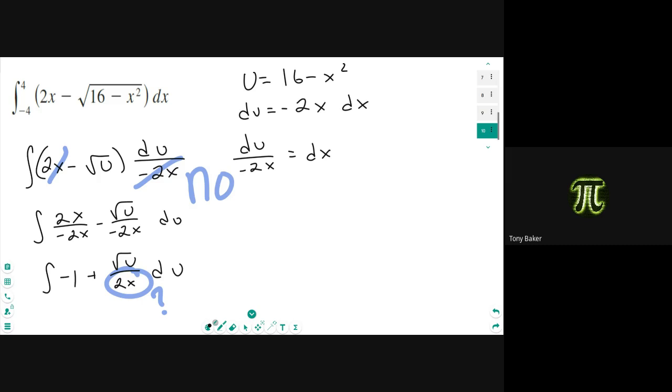Can't do that. That's not multiplied. You could do what I did, but you're still left with a 2x. So